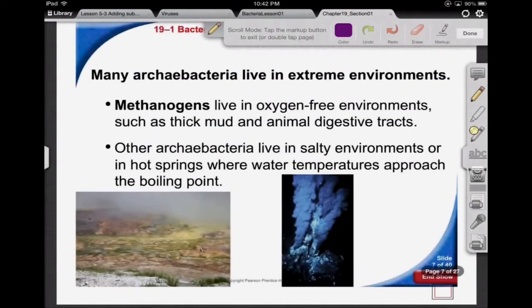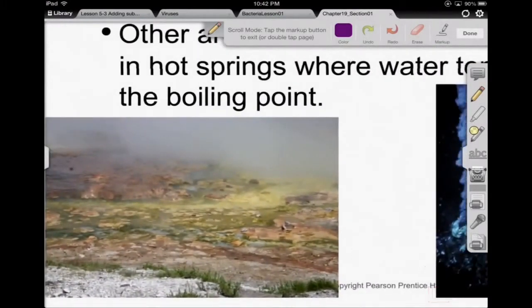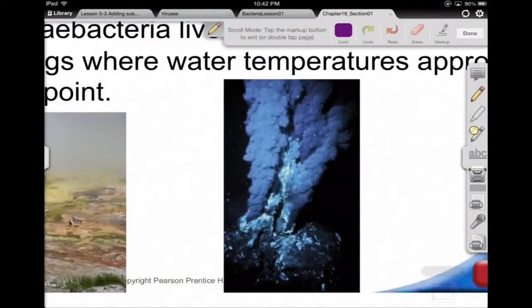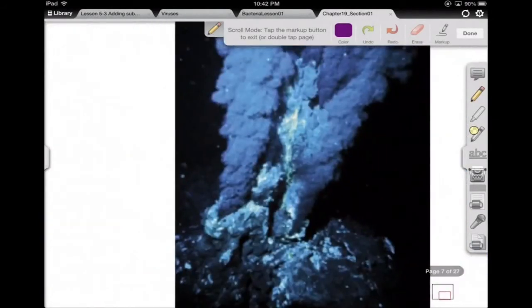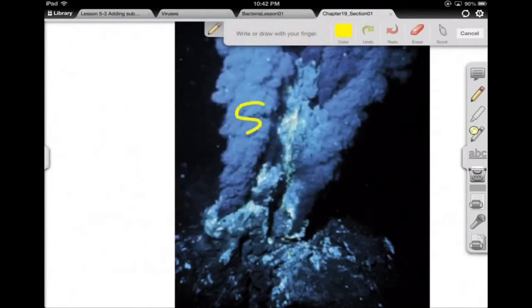We find these Archaea Bacteria in the most extreme of environments. Now, here we're looking at just this ridiculously nasty region. Hot springs, we could find them in acidic environments. We could find them down deep in the ocean, and these things that are called black smokers, living off of the chemicals that are being produced from deep within the earth. Sulfur